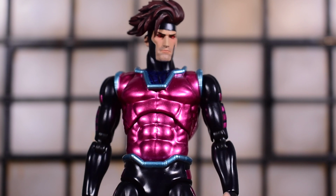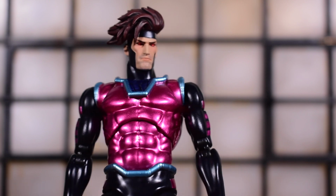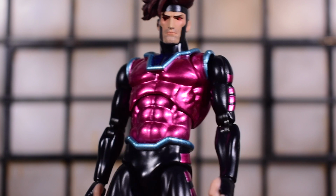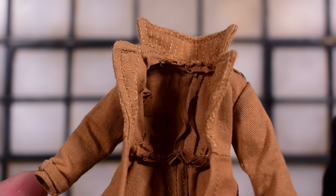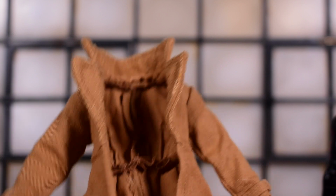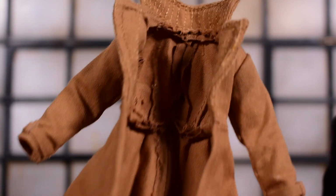And I even saw somebody use the Mezco trench coat on the Mafex Gambit, and it looks pretty cool, but I think I'm going to stick with the Mafex trench coat. I'm fine with it. Speaking of the trench coat, here it is, just so you can get a closer look at it. Pretty nice tailoring. It's not terrible. It's really, really okay. I mean, it looks good to me. I'm fine with it. We do get bendy wires. I always welcome bendy wires, so